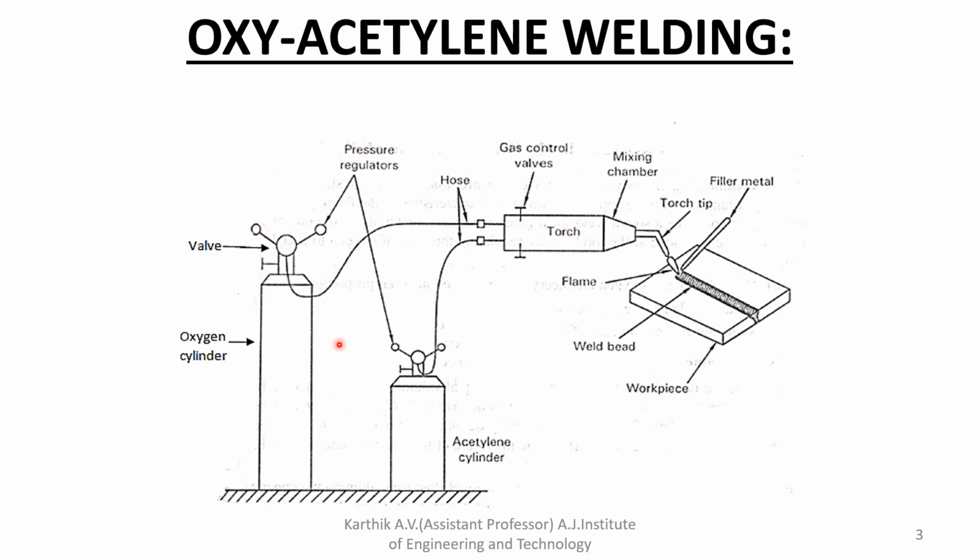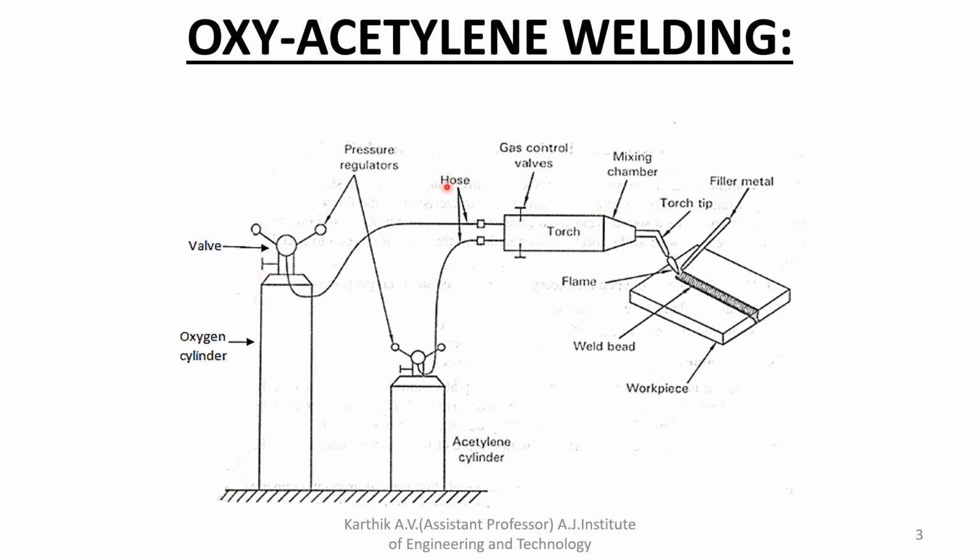So here is the acetylene gas cylinder, and this is the pressure regulator. From the pressure regulator you can see how much pressure is there inside the acetylene cylinder. Similarly, one more pressure regulator is there to see the pressure of the oxygen cylinder. More oxygen is required for burning purposes. Then there are two hoses and a gas control valve. Based on this we can control the flow of gases, acetylene as well as oxygen, based on the flame required. Based on the requirement of flames we can adjust the flow of gases.